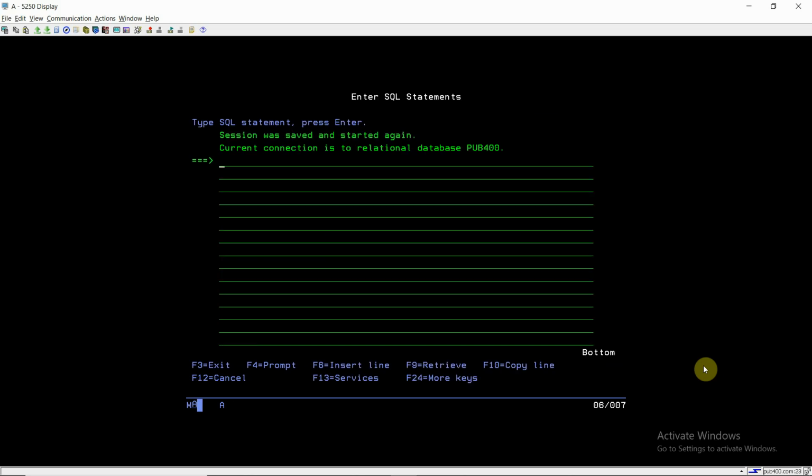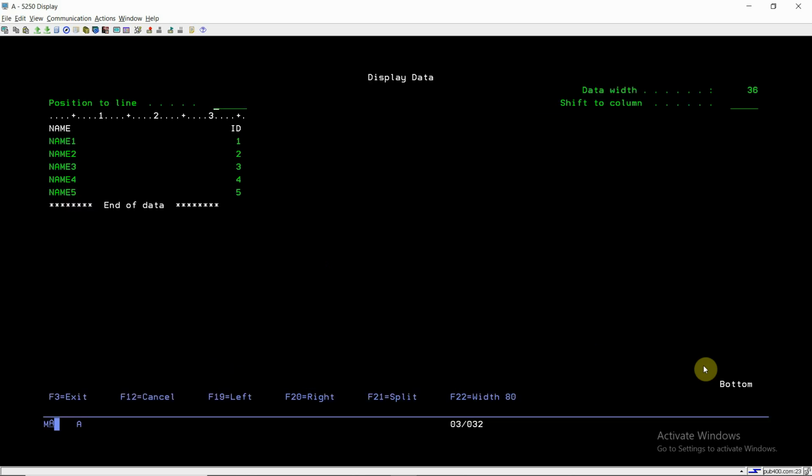So this is a STRSQL session, and I have created two tables. Select star from table 1, TBL1. We have two columns in TBL1, name and ID.